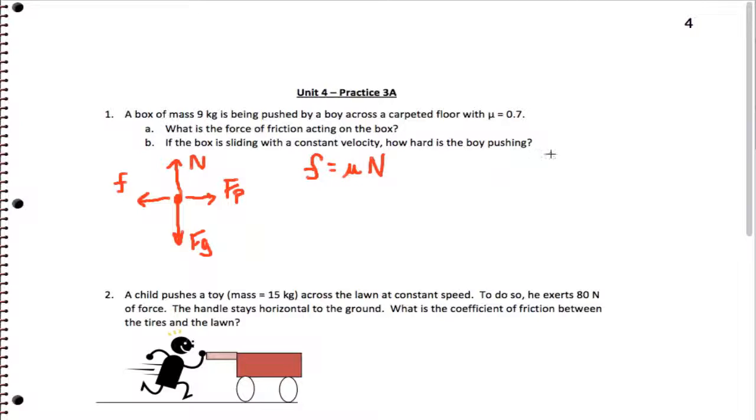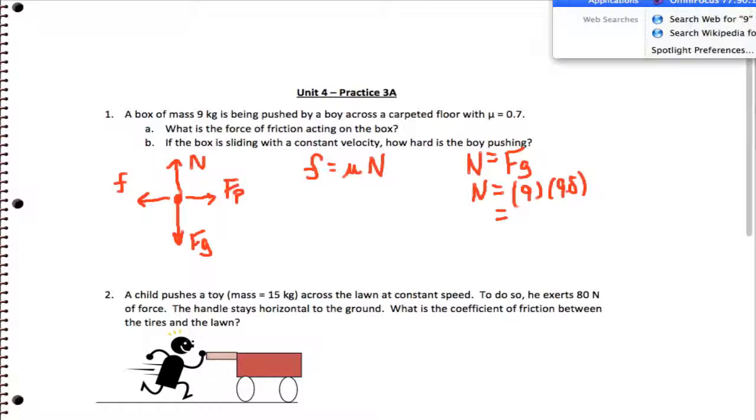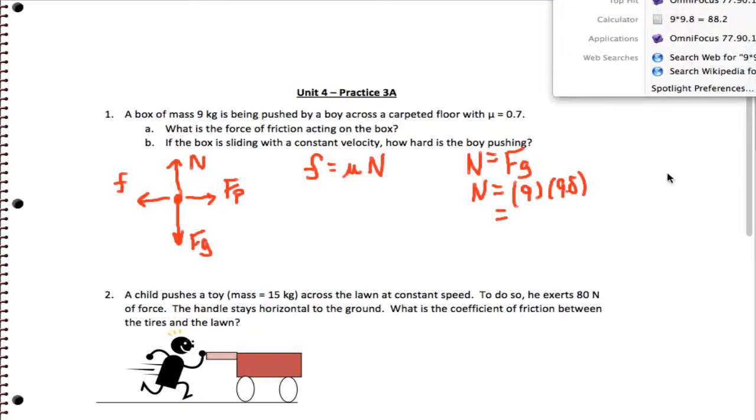Again, friction is fun. Now, because the normal and the gravity balance, I should say the normal and the downward force of gravity balance, that means they are equal. So in this particular problem, the normal force happens to be equal to 9 times 9.8. Again, the mass times the gravitational strength. And we're getting